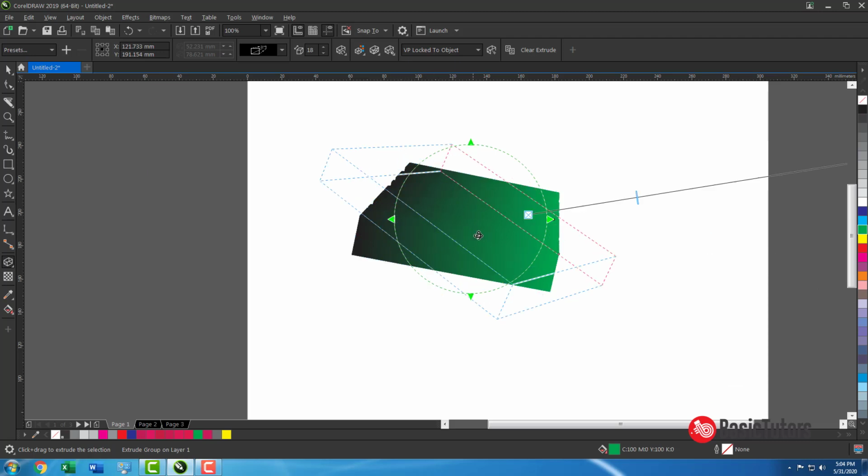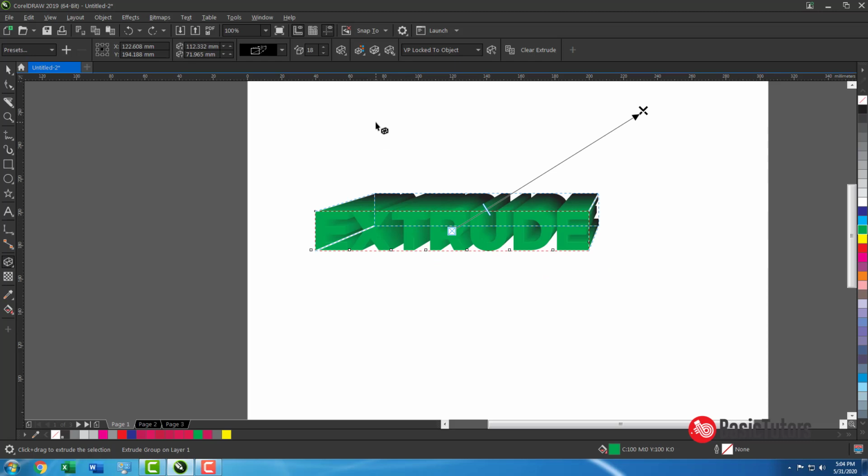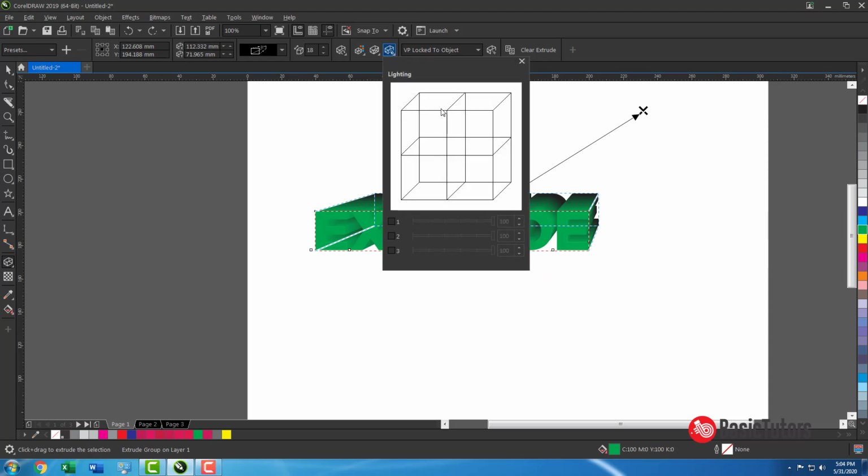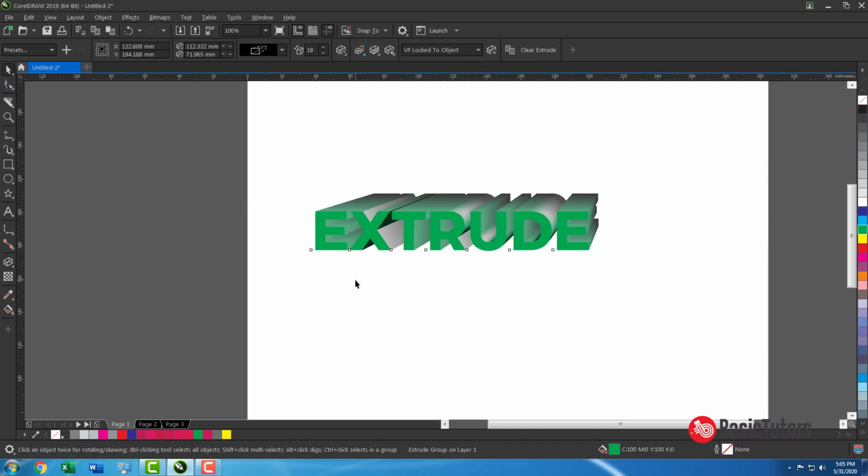Also, there is a place for making lighting, so it looks different. Okay, placing your light where you want it to be. Okay, this is about our extrude tool.